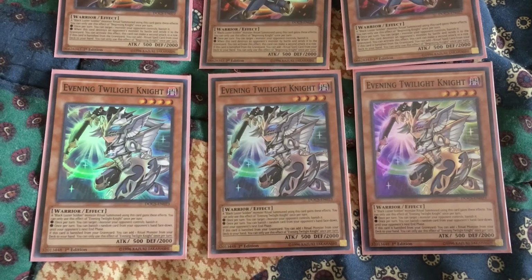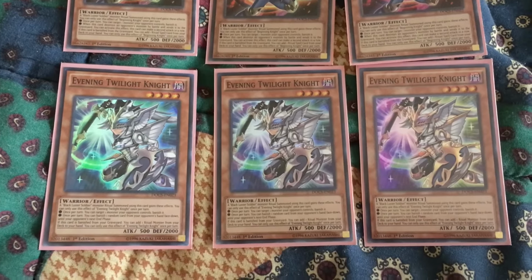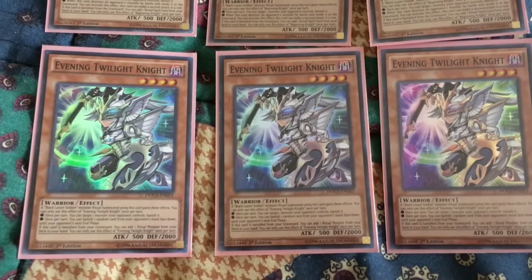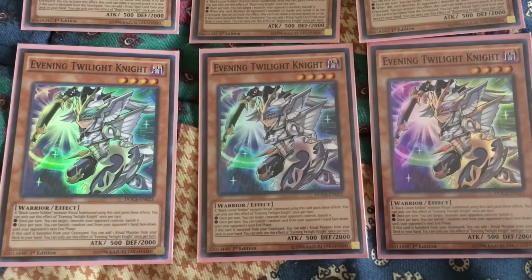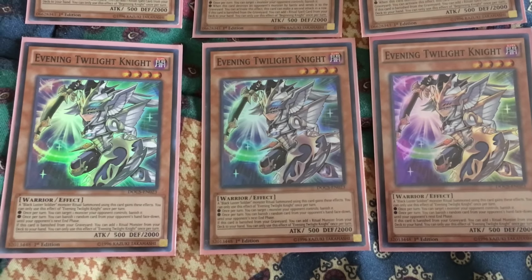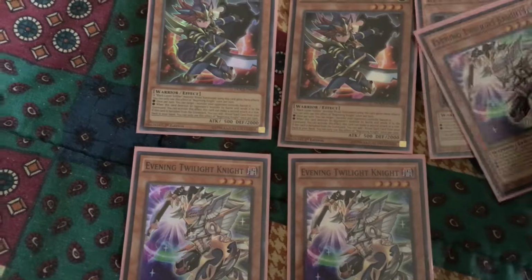So this, in a way, makes your ritual monster almost like a Blackluster Soldier, Envoy of the Evening Twilight, because when you think about it, Evening Twilight Knight, in contrast to Beginning Knight, looks like a younger, in-training version of Blackluster Soldier, Envoy of the Evening Twilight. And so these two cards work very well in a combo together,